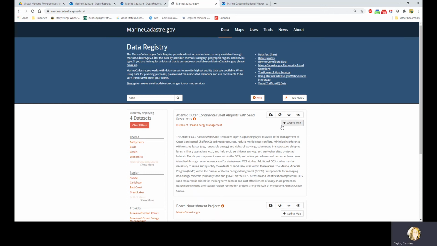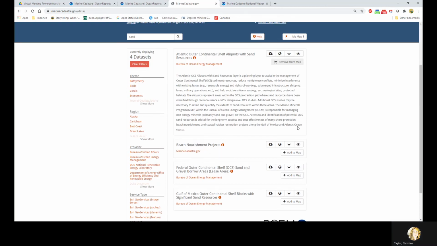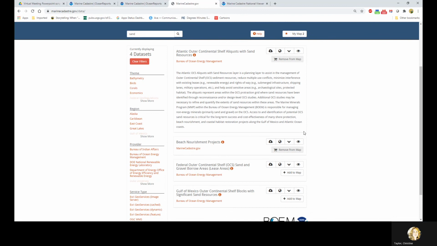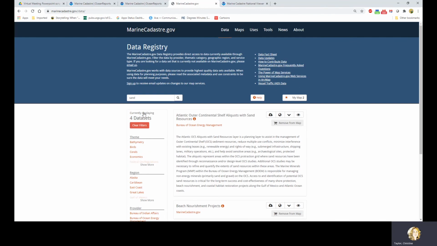I can also add this data layer to my map shopping cart. Once I've added layers to my cart, I can continue to search for more layers or just open my map.